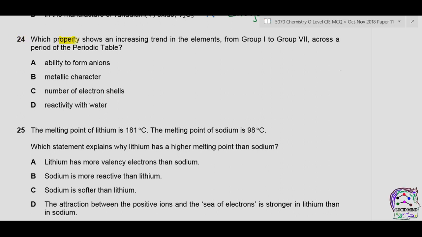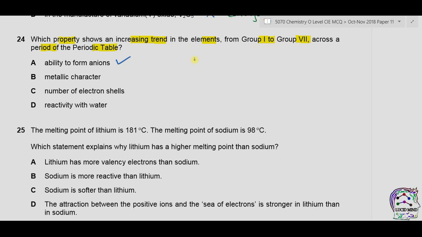Question 24. Which property shows an increasing trend in the elements from group 1 to group 7 across a period of the periodic table? A, ability to form anions. Now this is true because at the start of the periodic table we have metals, and metals lose electrons to form cations, while as we move towards group 7, the tendency of gaining electrons is more, so therefore they will form negative